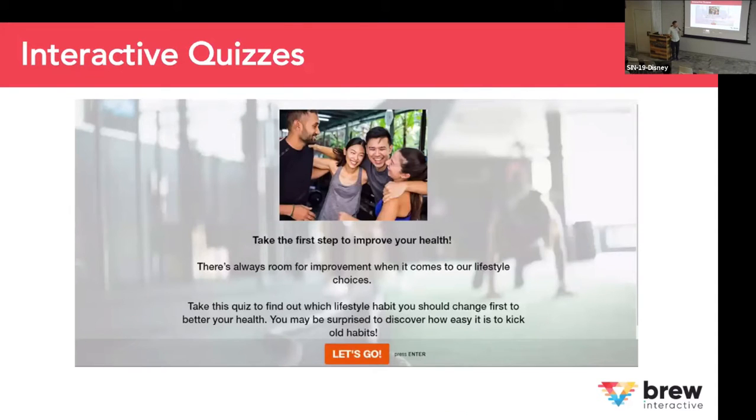But what we did was that they had this thing called onboarding, which is sort of like a health assessment kind of thing. And the challenge with health assessments in Singapore is that most people won't be interested in signing up for a health assessment. Like, why do you want to go for a health assessment? There's no point. So the way we try to make it interesting is to run interactive quizzes where, when people land on the landing page, it says, take the first step to improve your health, and then you answer